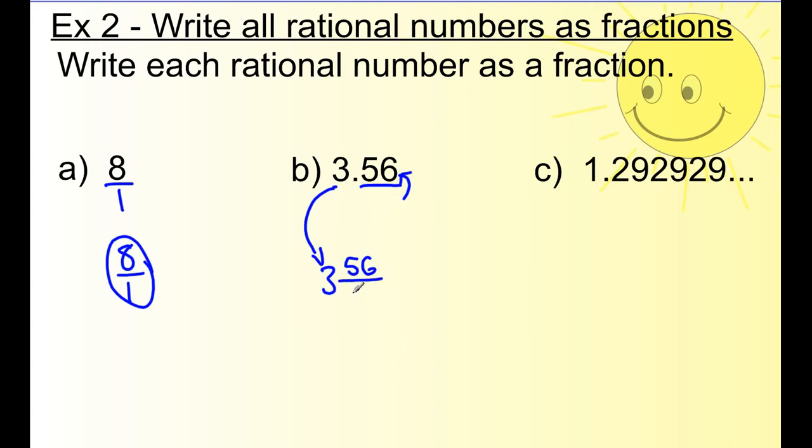On the bottom part of the fraction, put a 1 and this many zeros. Since there's 2 numbers up top, you put 2 zeros down below. Sounds kind of weird. Let me give you another example. If you had